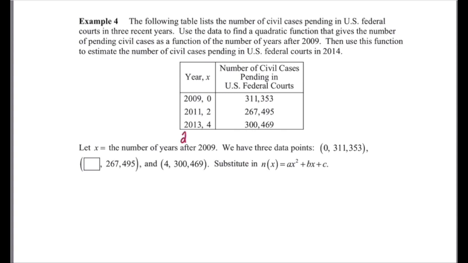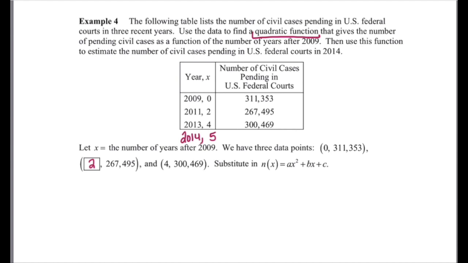So when I'm looking at this, I'm looking for 2014, which my value of x would then be 5. So we need to identify what value would fit in here. We know the 3 data points. We know 0, about 311,000. We know the data point 2 with about 267,000, and 4 with about 300,000. We know that it's going to be quadratic in nature because it tells us so. So we know our general form of the quadratic equation is our value is equal to ax squared plus bx